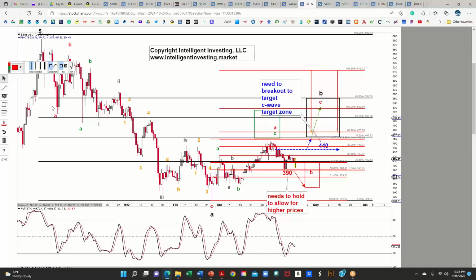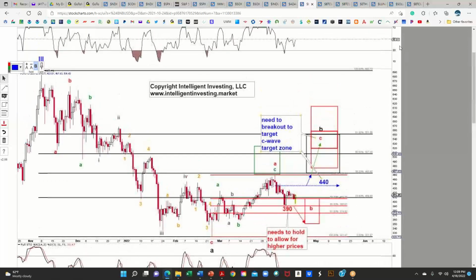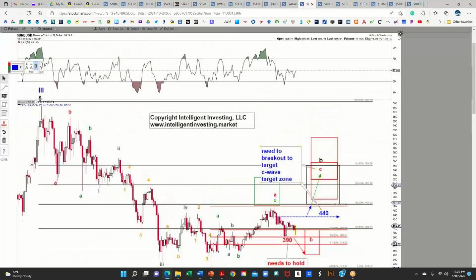That is here with the ideal, I would say somewhere around here. That would be ideal. I have no indication or information yet that is going to be the case. That would be a breakout above 440. Super simple, but it's starting to look pretty decent.